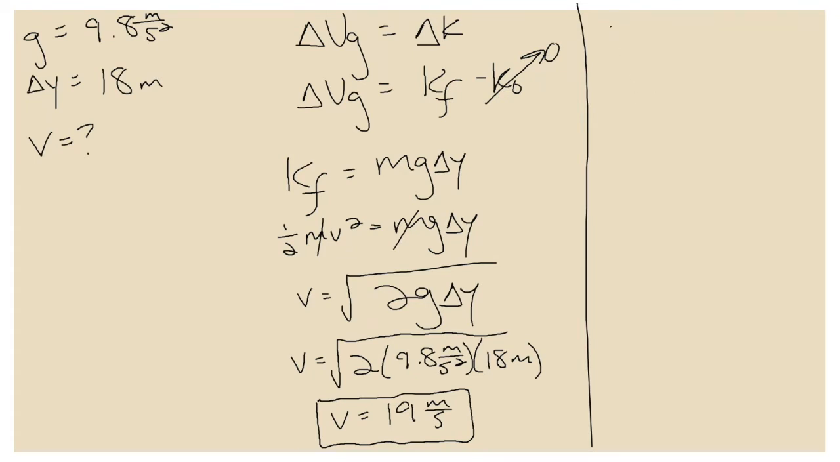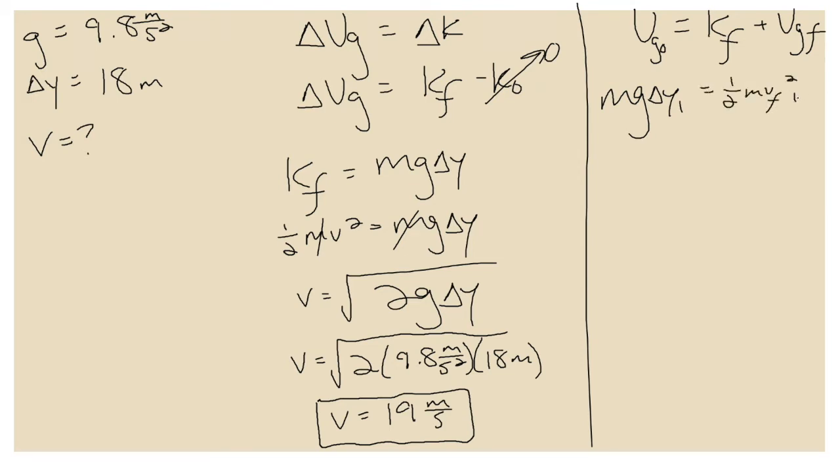The way that you would do it in this instance, where you literally just set the initial energy equal to the final energy, is you say this thing's got gravitational potential energy in the beginning, and then at the end, it's got kinetic energy and potential energy. And then just go ahead and solve it. So you would have mg delta y1, like the initial height, equals 1/2 mv squared, final for whatever location it's at, and then mg delta y2,